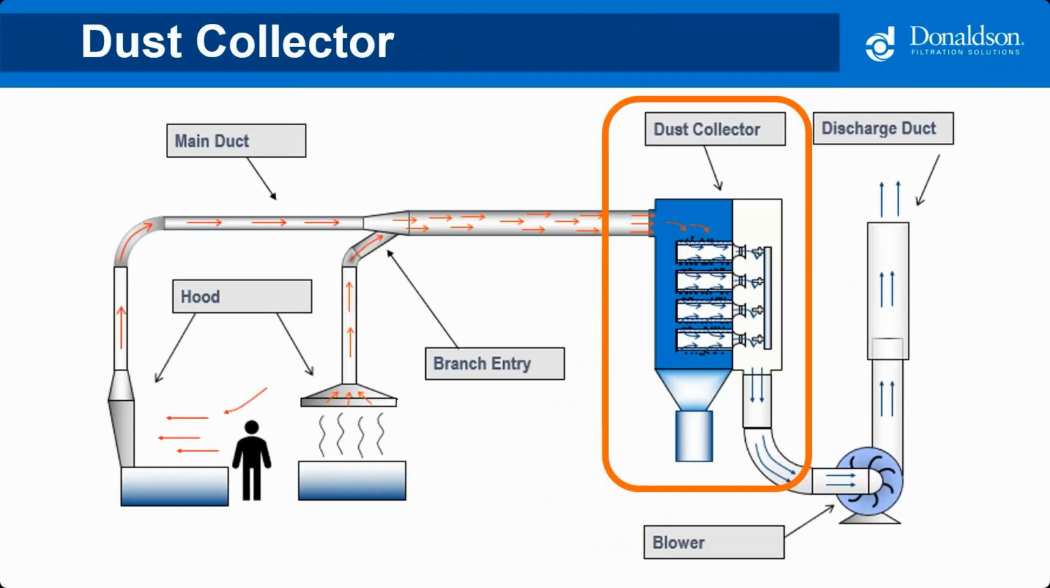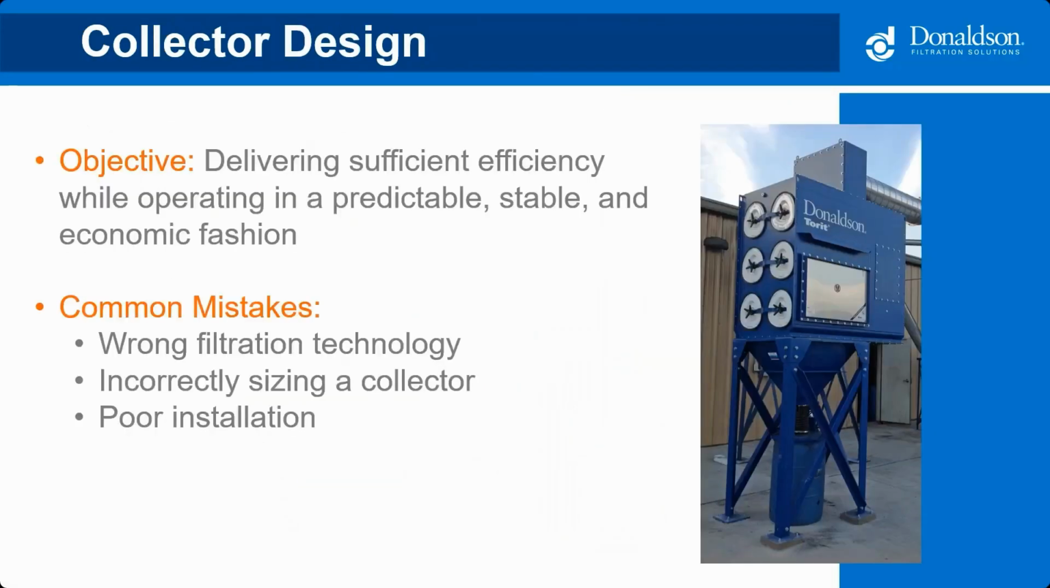Okay, the next system component is the dust collector. The main objective of a dust collector is to deliver the required efficiency while operating in a predictable, stable, and economic fashion. The most common mistakes or things that could go wrong when it comes to the collector design are